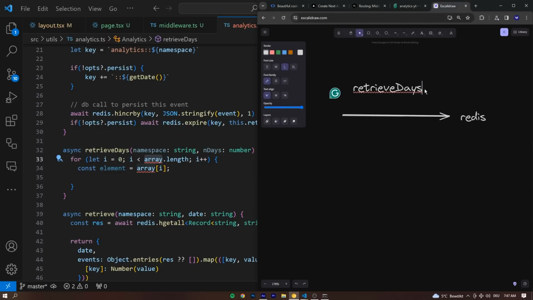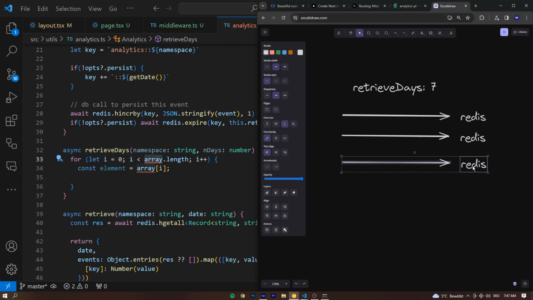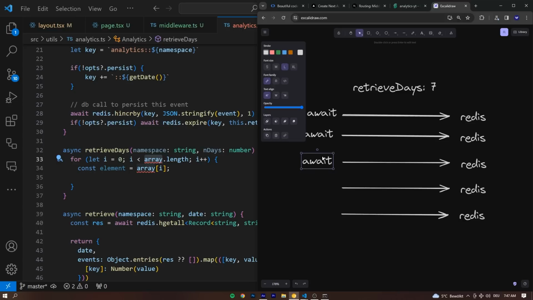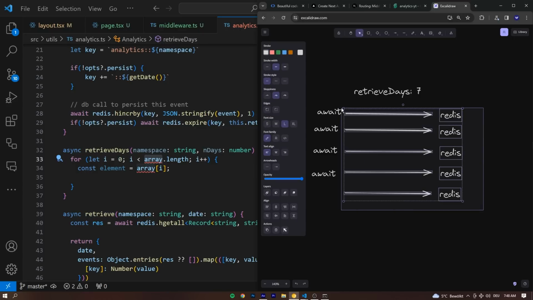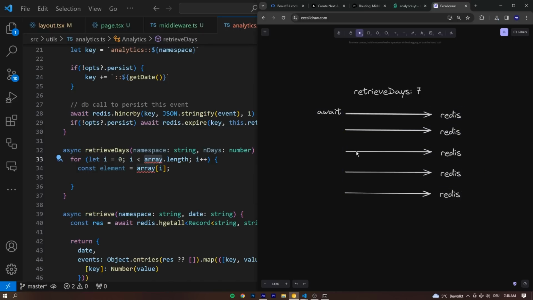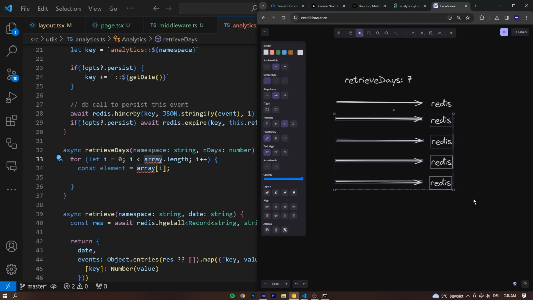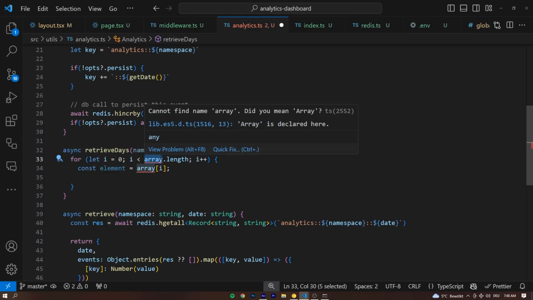Let's say we have retrieve days 7, right? We could make 7 requests to Redis just like this and await each one of them, right? We would await this call and then wait for the second, third. But the thing is, if we pass a lot of days, this is going to take really long. And what we are about to do is do all of these at the same time. So essentially, the entire answer will always just take like one request duration, right? Because all of these are fired at the exact same time,